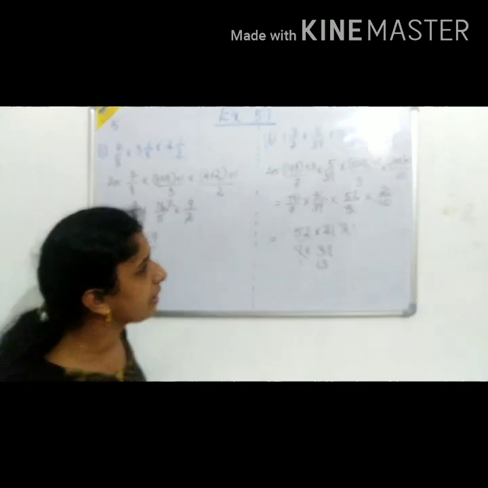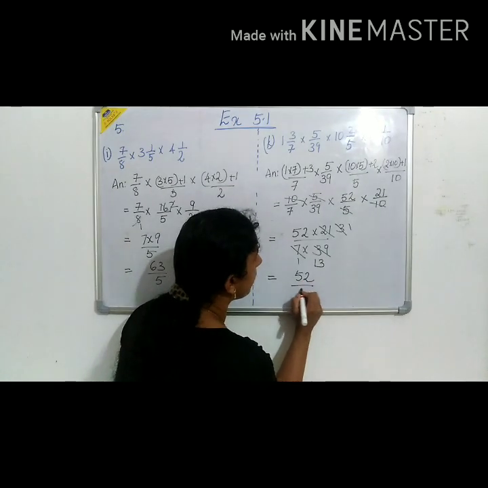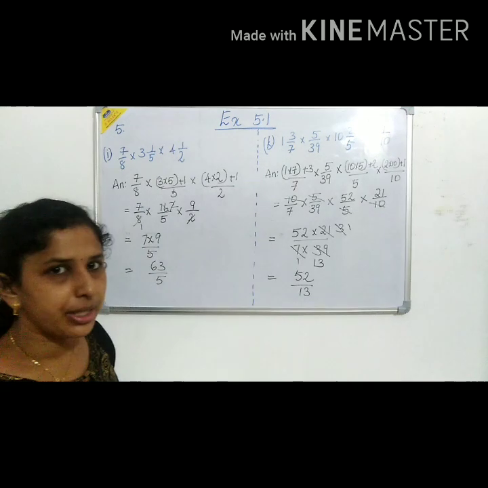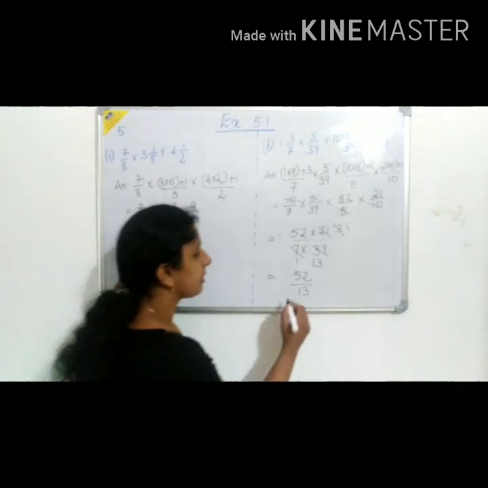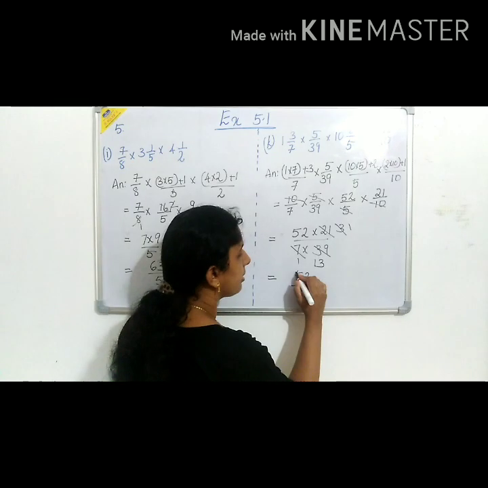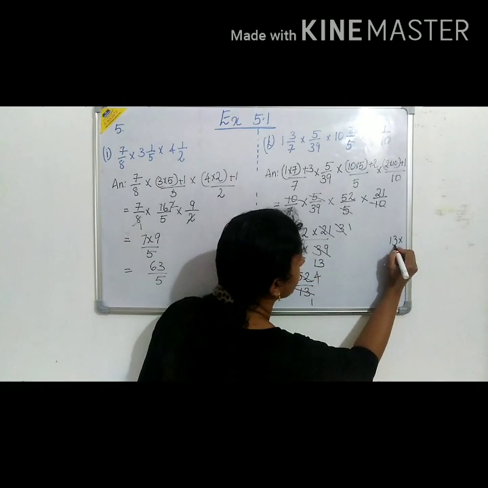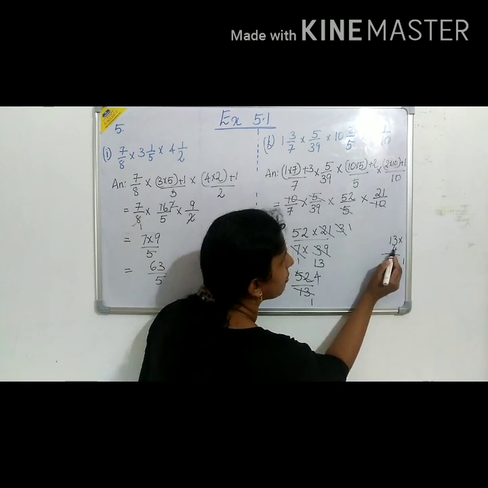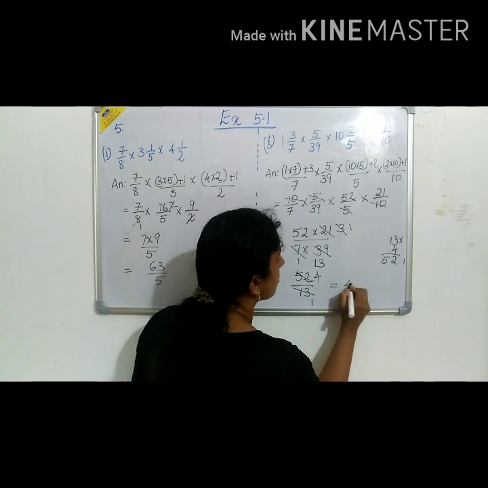Now 13 and 52, what is left here? Here it is 52 and here it is 13. Now, can you cancel these two? Yes, it is also cancelled by 13. 13 by 13 become 1. 13 into 4 become 52. 13 into 4. 4 3s are 12. 1 left. 4 into 1, 4. 4 plus 1, 5. Therefore, our answer is 4.